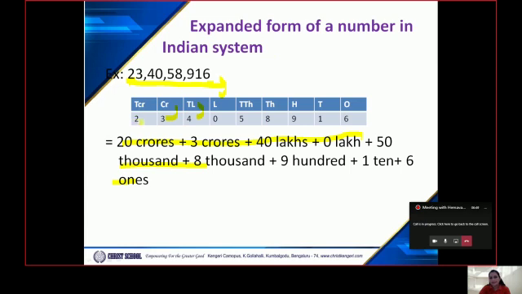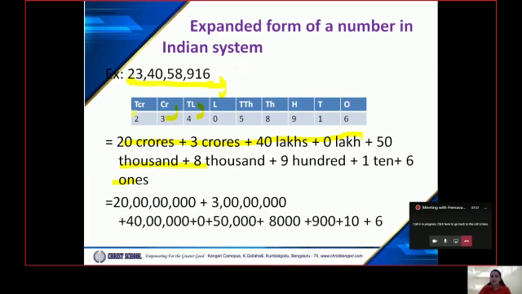No, instead of that, there is a very simple way you can remember. You just write 2, then see how many digits are appearing, count how many there are, and put that many zeros. Then plus 3, count how many digits there are, and put that many zeros. So you will get the expanded form of a given number. See, this is how it is. And do follow the Indian system of inserting the commas.